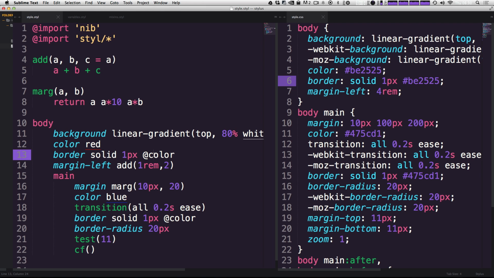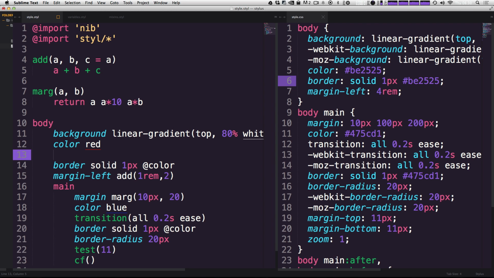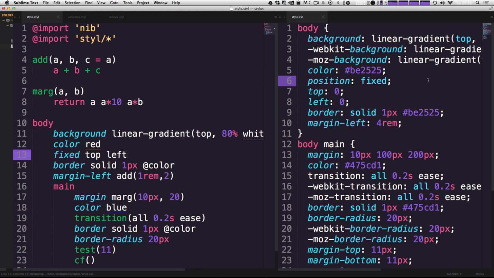Well, one of the coolest ones, and I think it's the coolest because I use this all the time, is that we have mixins called fixed, absolute, and relative. So instead of saying position fixed and then having to give it a position, you can declare all that in one mixin. So you can simply say fixed and then pass it a value. If we were to just say something like top left and save, you can see we get position fixed, top 0, left 0. So it's going to put it right in the top left and it's going to position it